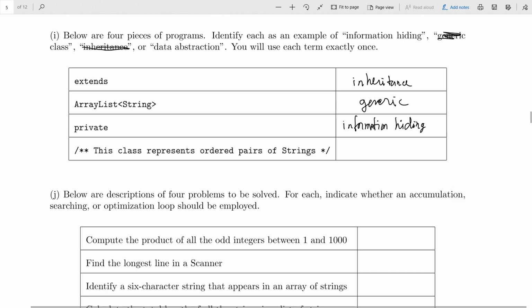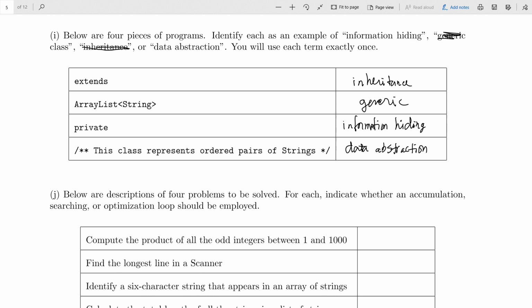And that leaves data abstraction here. Why is that called data abstraction? First of all, why is it abstraction? Can you start talking about what the idea behind the class is instead of how it does it? Okay, that's perfect. He said that the comment talks about what the class is for, how to think about the class, as opposed to the actual class and all of its details.